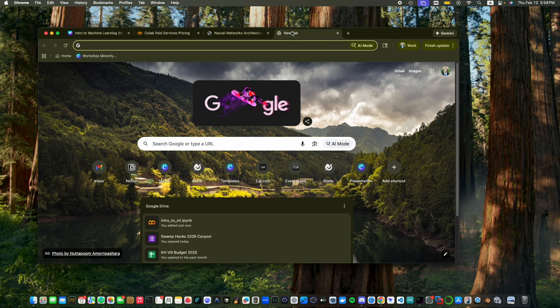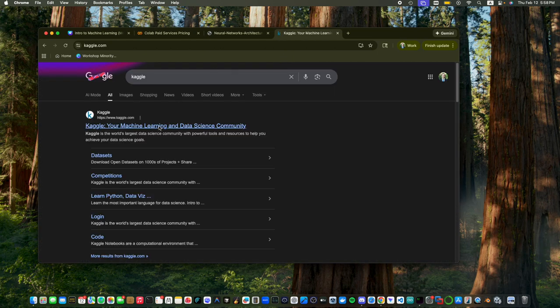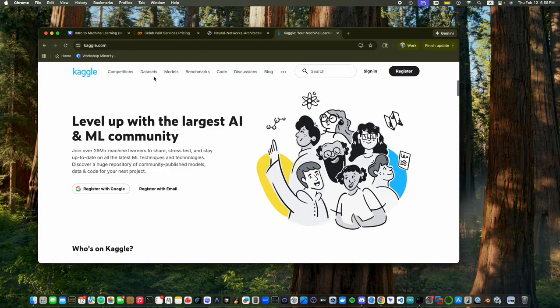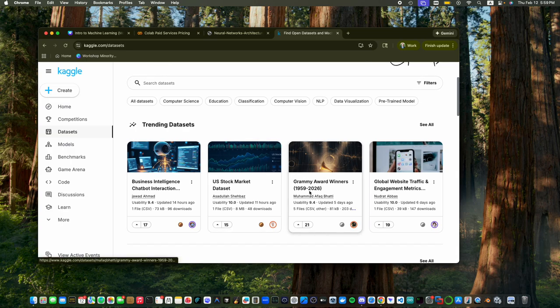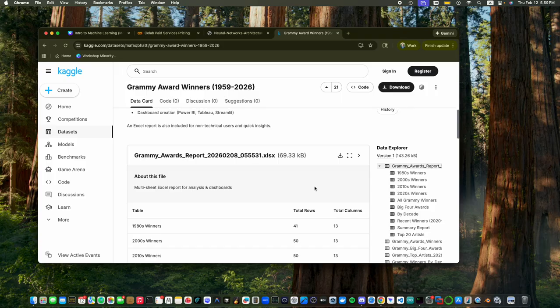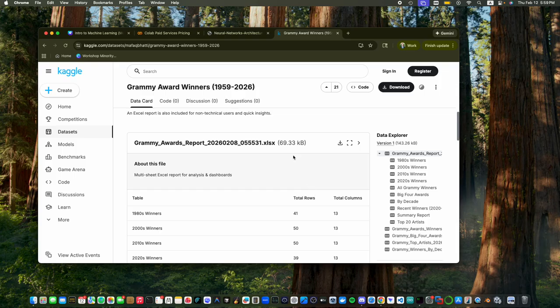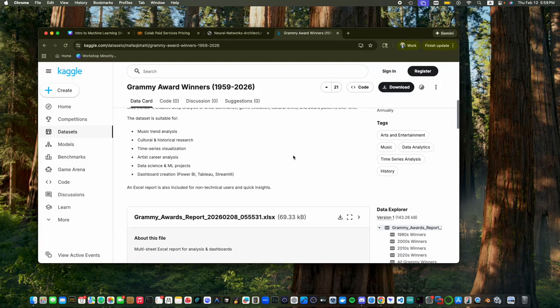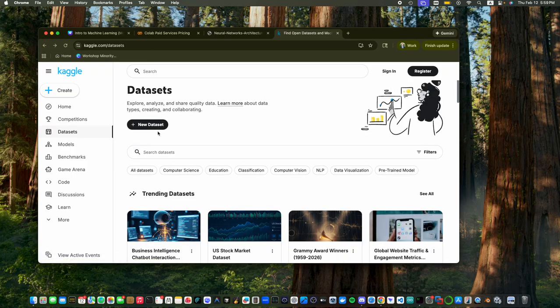The other one, if you guys actually want to learn ML, go on Kaggle, because Kaggle is a perfect place to get your data sets and your models. Let's say you want to predict Grammy Award winners, or whatever you want to do with them. A lot of this data is already here for you, and you can just swipe it. Honestly, the best way to learn how to use data in this field is just play around. Like you can work with time series analysis and learn what type of AI fits time series analysis.